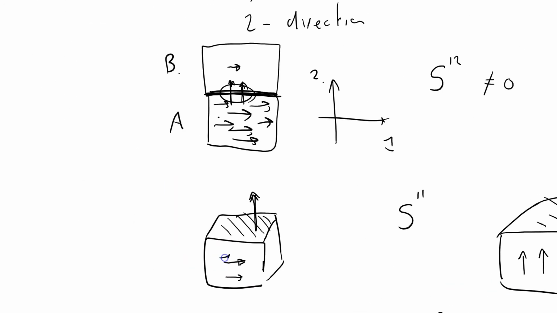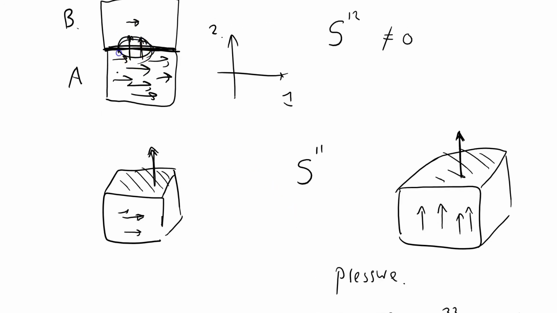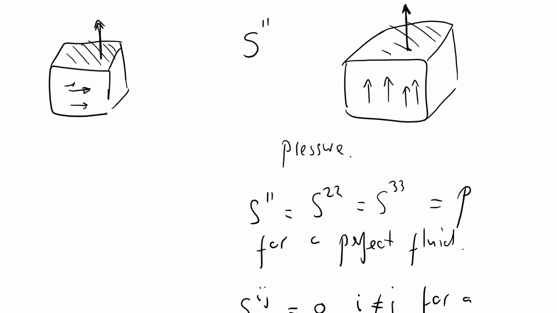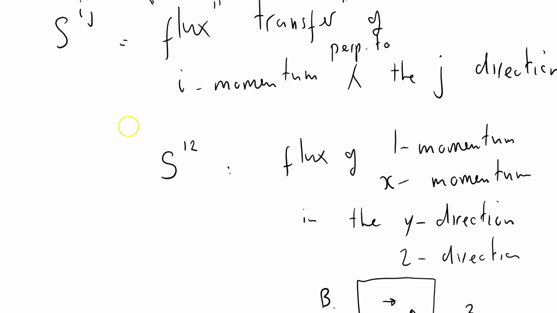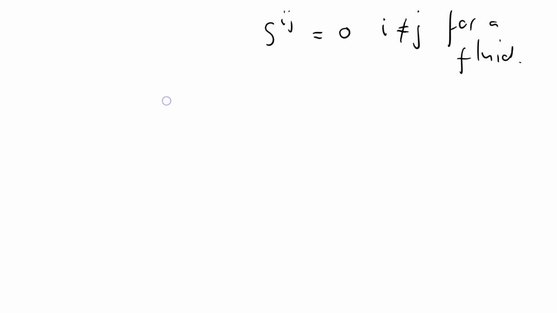Because a fluid doesn't have any, or certainly an inviscid fluid doesn't have any, of this business of transferring momentum in that direction across that interface there. So for a general fluid, or not for a general fluid, for a perfect fluid,